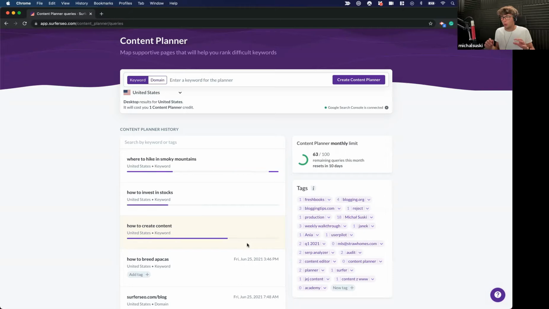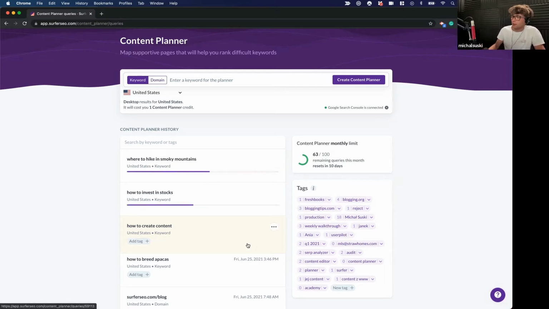So we can create groups of look-alike pages that answer the same groups of keywords, so we can join them into a cluster. In general, Google creates clusters by themselves by presenting the same content for different queries. And we just took advantage of that strategy with creating the content planner.